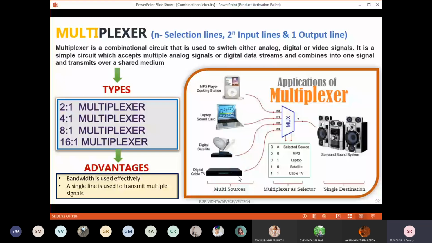We have completed all the arithmetic circuits: the adders, the different types of adders, then the subtractors, and then the multipliers and the dividers. Now in the second part of that block diagram, I told you you'll be moving into comparators as well as communication processors.